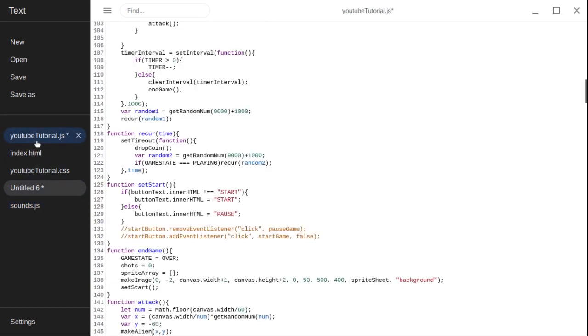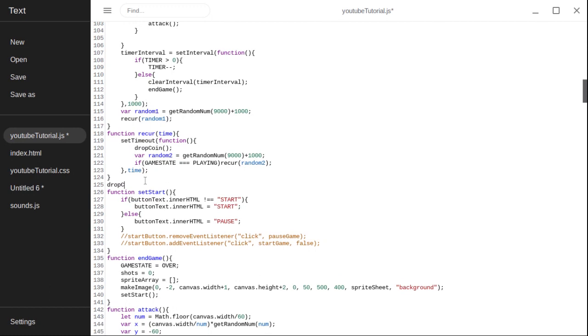Okay, so I'm double checking, making sure I got everything. And then now I know I need to actually write drop coin. And since we copy and pasted the make coin, which by the way, it was just another make function like all the others. You know, you made an object and you set some stuff, some attributes. So write function drop coin, and then